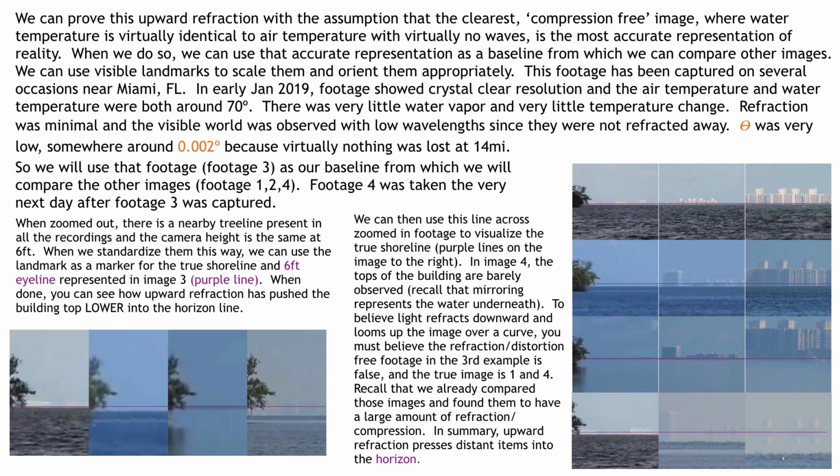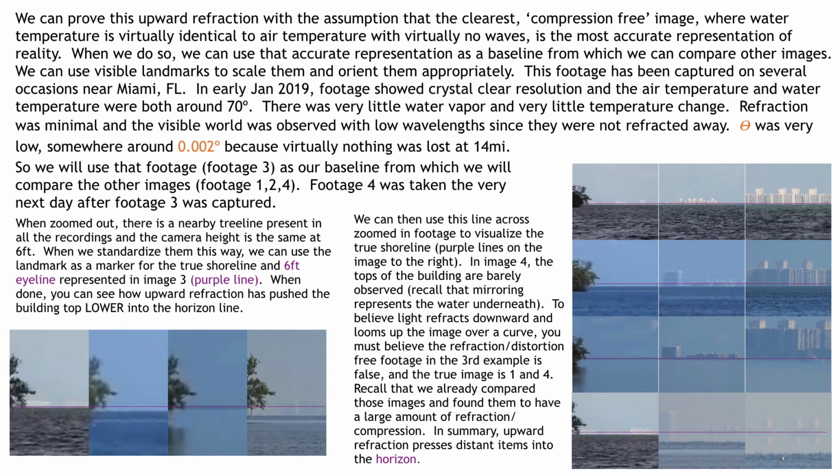So in image 4, on the right photograph there, which is the lower screen, you're looking at about 12 images placed together. The 3 images on the top are zoomed out, zoomed in a little, and then zoomed in a lot more to give us that compressed building view. The second row is again zoomed out, zoomed in a little, and zoomed in more, and then it does the same thing for our baseline image, and then the same thing for our footage 4, which was captured the next day after that great